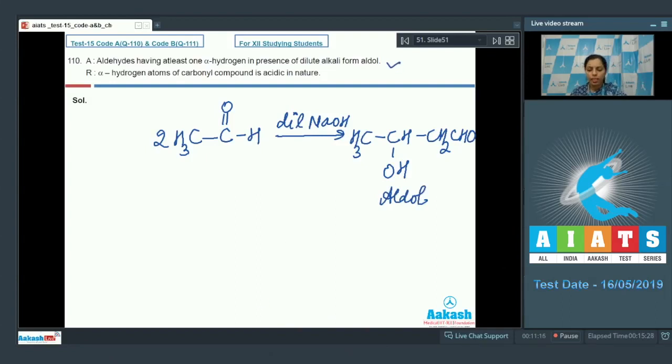Now, this is correct. Alpha hydrogen atoms of a carbonyl compound are acidic in nature. Yes, in this case, the alpha hydrogen atom is acidic in nature. That's why it shifted to this oxygen to give you aldol. That's why this reason is also correct. And that's why I'll choose option 1 as my correct answer, because the reason is correctly explaining the assertion also. After that,